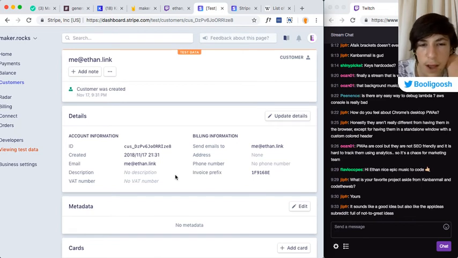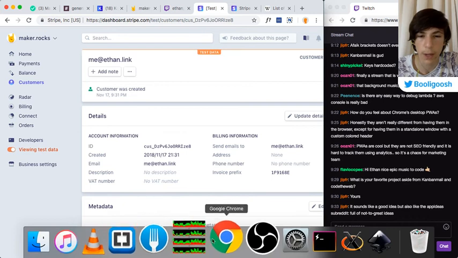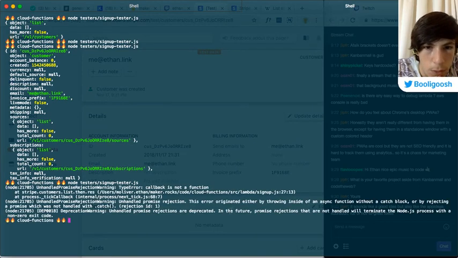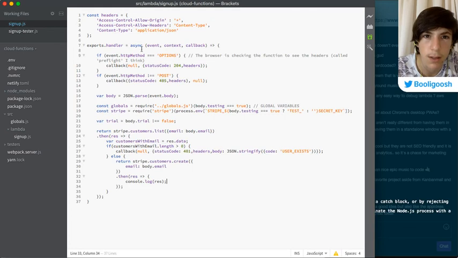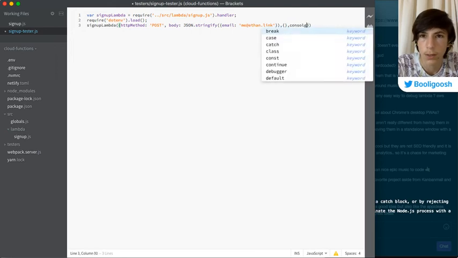Okay, cool. So we have a customer created now. So we should probably do some error handling. First of all, let's see what happens if I try to sign up as me again. Will it create a second customer, or callback is not a function? Oh yeah, that's because in the tester thing I need to have an empty context, and then the callback will be console.log.